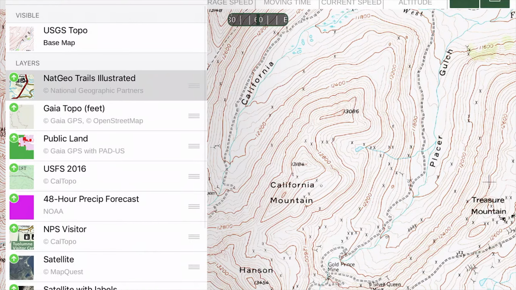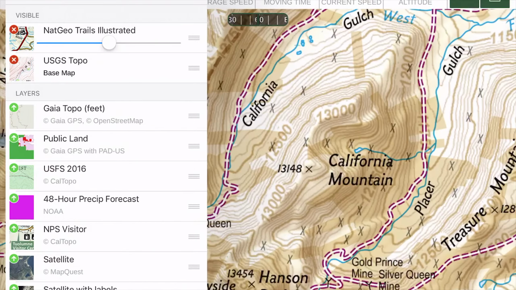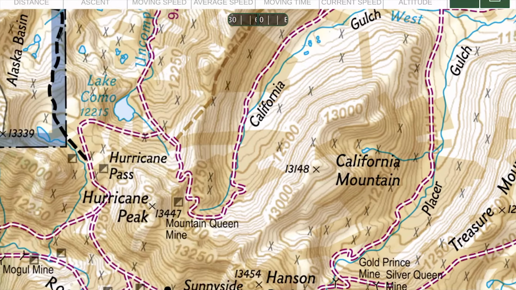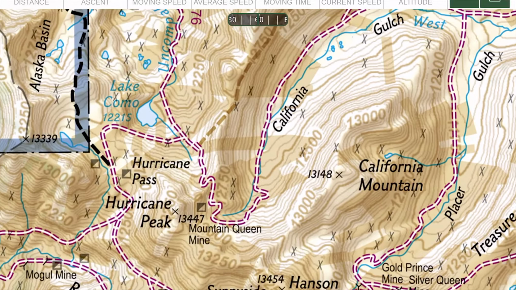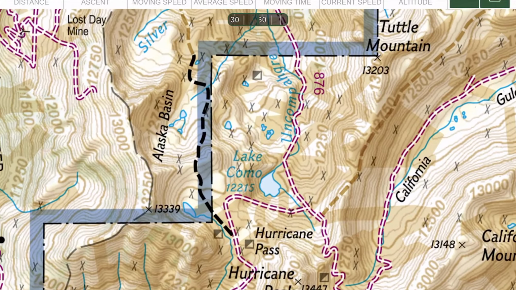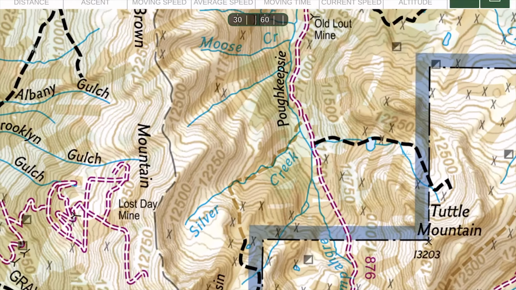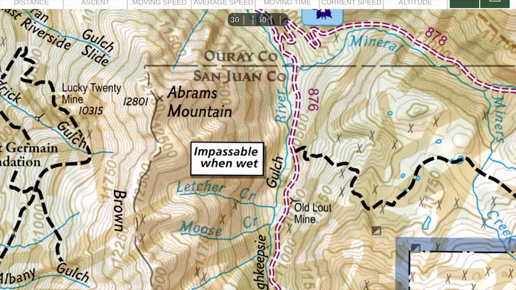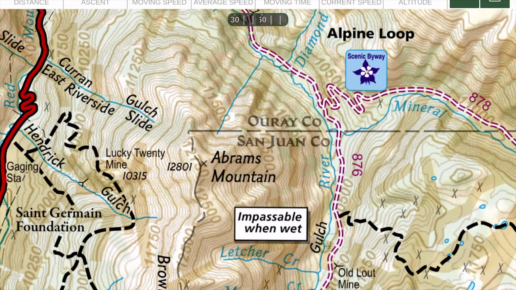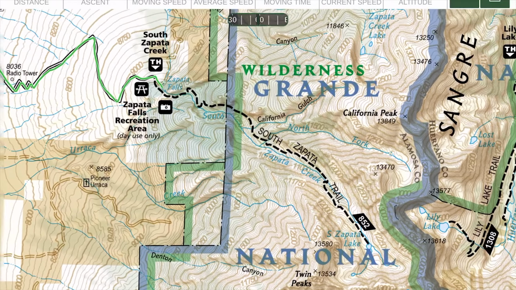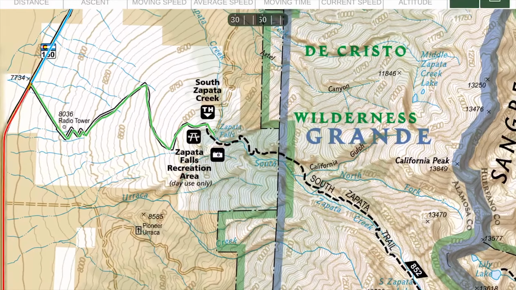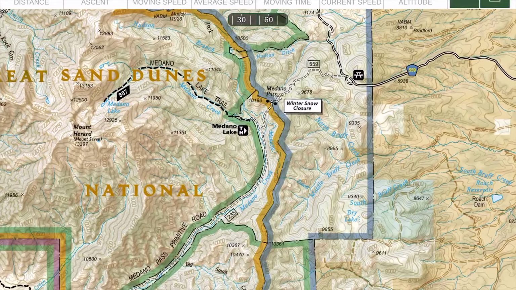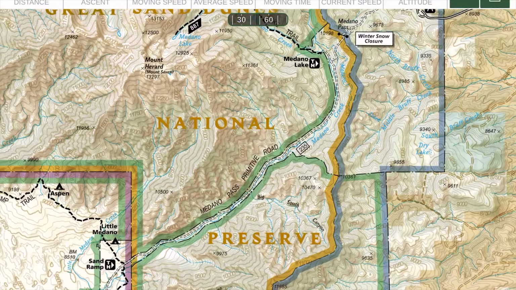I can also go on to the National Geographic Illustrated trails. Now, the National Geographic Illustrated maps are fantastic. They show the same kind of information, so it's got the paved and unpaved roads, but it also has annotations on there. It shows things like the restrooms at Animas Forks, as well as the gates, the private roads. It shows how some of the gulches are impassable when wet, and it shows suitable camping, climbing areas, waterfalls, trails,